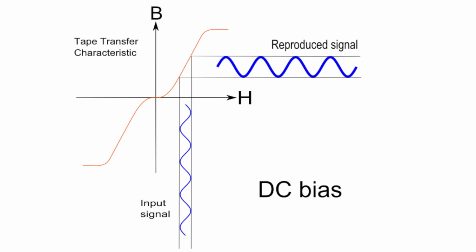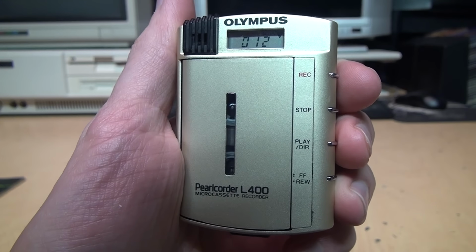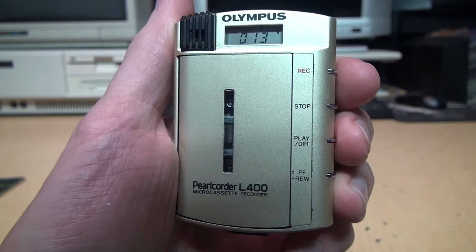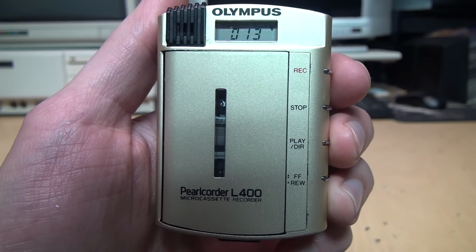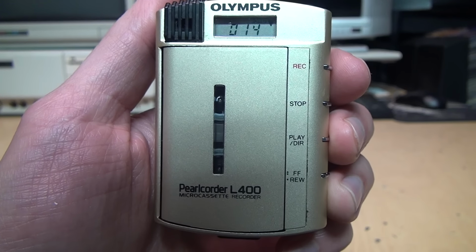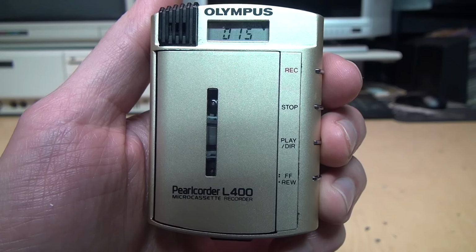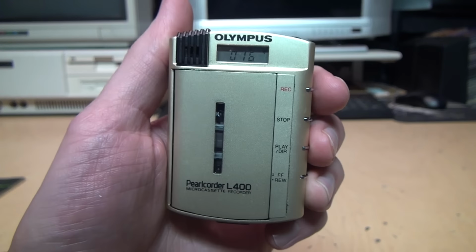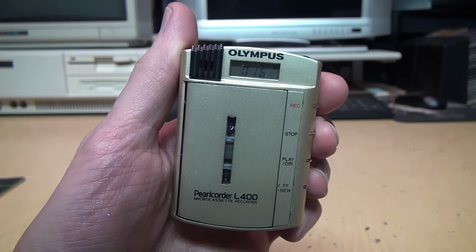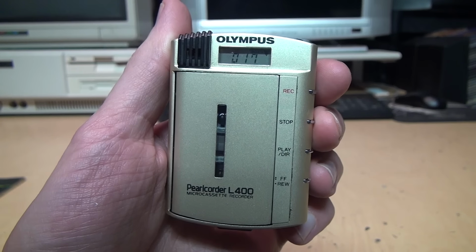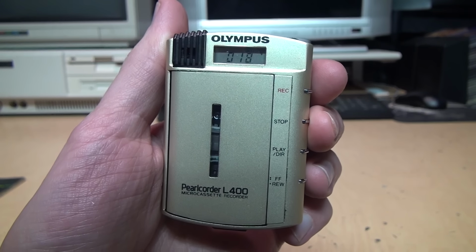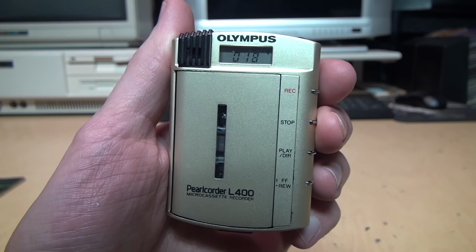One is to use DC bias recording, which does not require a bias oscillator and thus eliminates the problem. Many inexpensive portable tape recorders use DC bias because it simplifies the circuitry and reduces battery consumption compared to AC bias. However, as I'm sure you can hear, it also produces recordings that are more noisy and shrill sounding than AC bias, making it unsuitable for use in high-quality tape recorders.